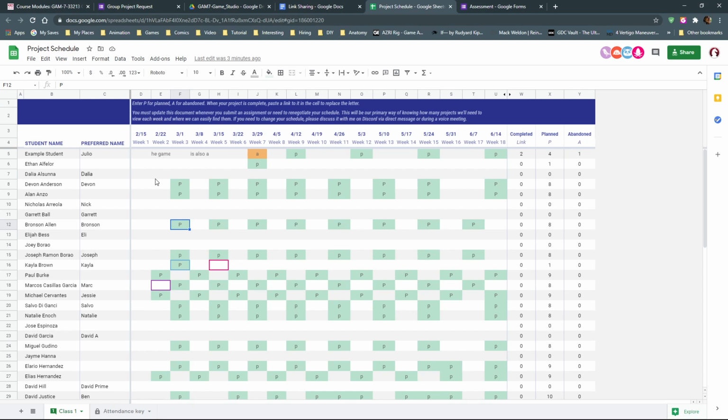Correct. And one of the things I want to avoid is I work on it and I work on it and I work on it until I think it's done. Instead, I want you to say, I'm dedicating this number of weeks to this thing. And on this week, I either say it was a failure and I'm not going to turn it in, and then you just mark it as an A, or I am showing it to you and then you paste the link. And by the way, you're not going to be penalized for abandoning something. I just want to keep track, right?